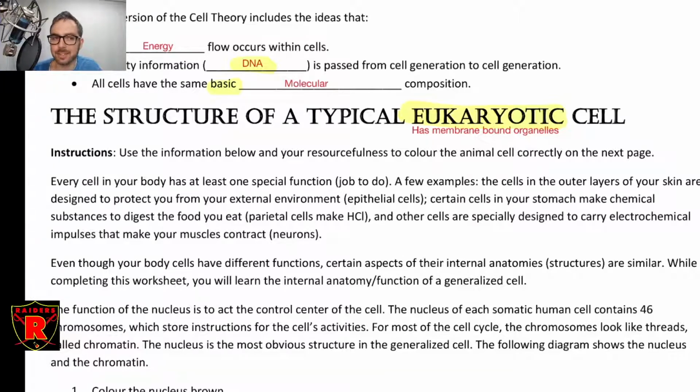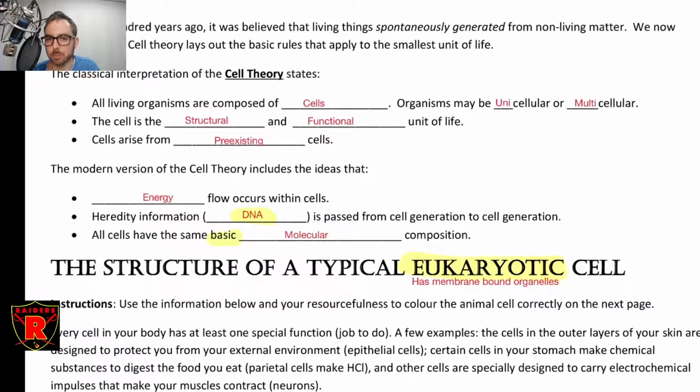Surprisingly, we actually get into this in the animal systems unit in more detail when we talk about digestion. Because when we talk about the digestive system, we talk about how you get those materials into your body, those molecules that are necessary, that are preserved across all living things. And then at that point, I go into a little bit deeper examination of what those molecules actually are that you need to get in order to support your life. Anyway, so that's the basics. That's the basics of cell theory that you would have learned in grade 10, hopefully. But if not, those are some general, we'll call them rules, that apply to all living things.